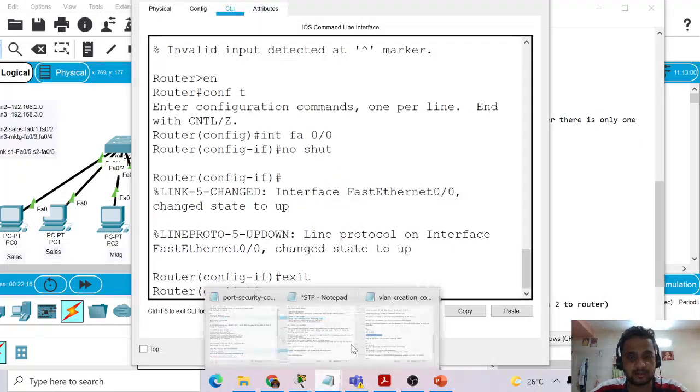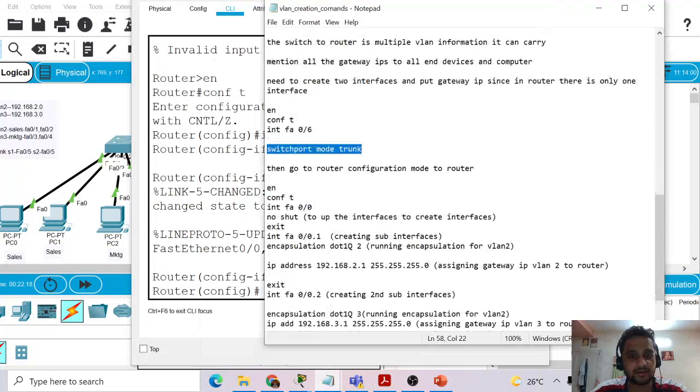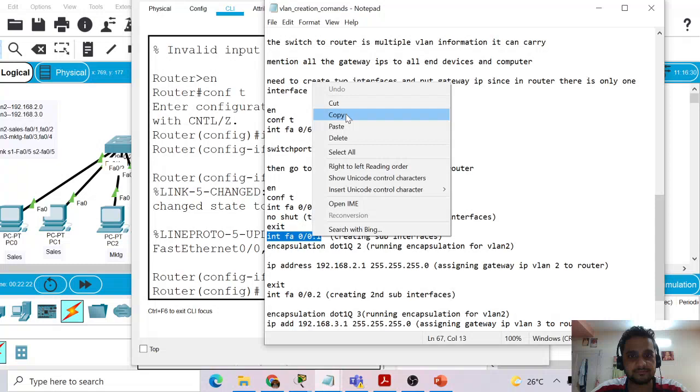Now what I need to do is go there and create one interface, fa0/0.1.